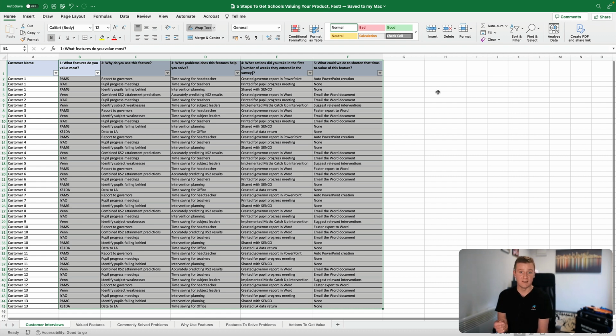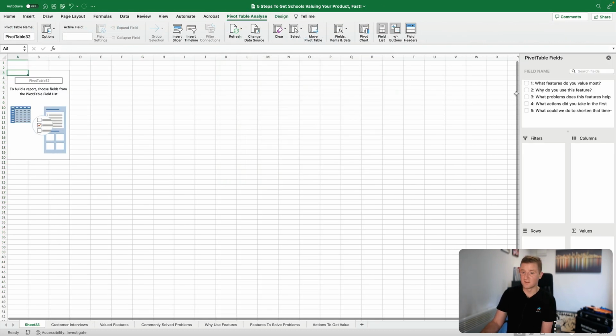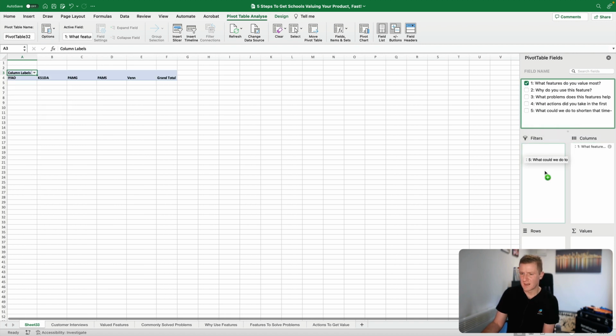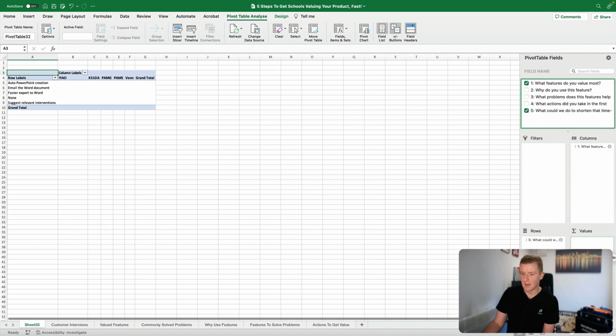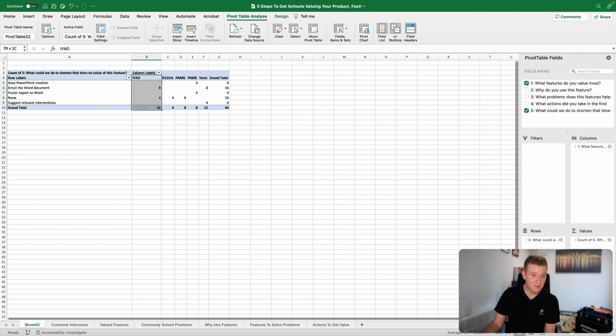Very, very similar technique to what we've done in the previous few steps, but now we're going to start to have a look at where we can improve. So if I go to Insert, Pivot Table, click OK for the last time, and this time again I'm going to bring the features into the columns, but now I'm going to bring the how we can improve question 5 into the rows and the values. So now if we look at this feature again, which we know is the highest value feature, we've got 4 people telling us it can't be improved, it's already perfect. But now we've got 8 people who have said, well, actually,